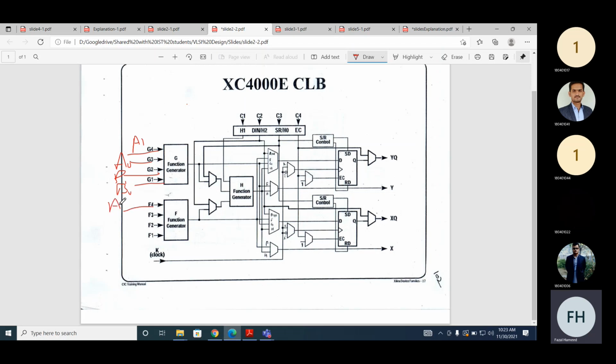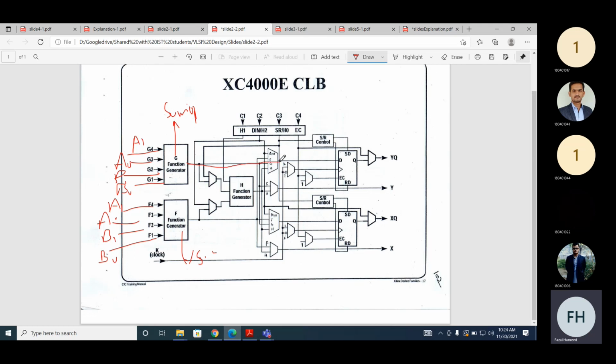Similarly, A1, A0, B1 and B0. This will be used to implement sum 1 and sum 0. This sum 1, and actually we can use it from here. We can come here.